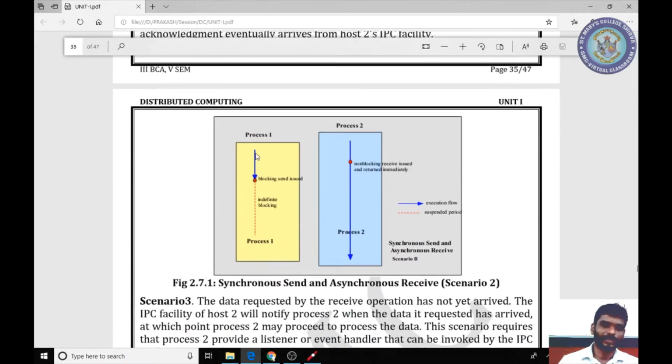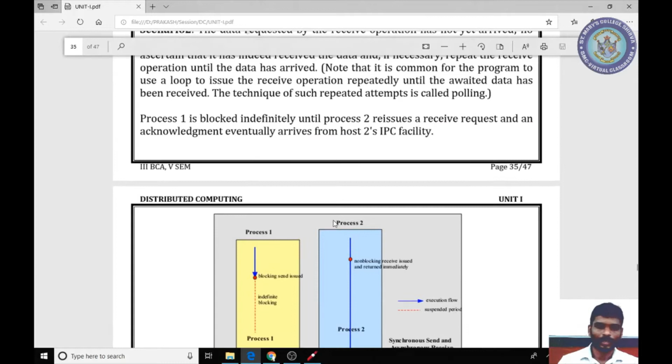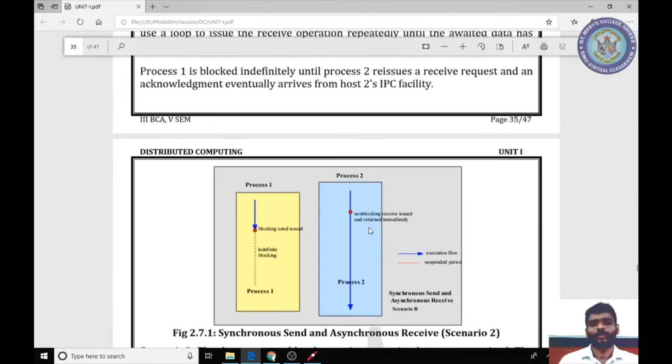Now the second scenario. Here process 2 issues the receive operation and returns immediately, before process 1 starts sending data. That means you woke up early in the morning, switched on the internet, and turned it off immediately. But after some time, your friend starts texting you.